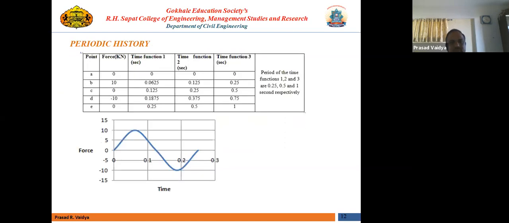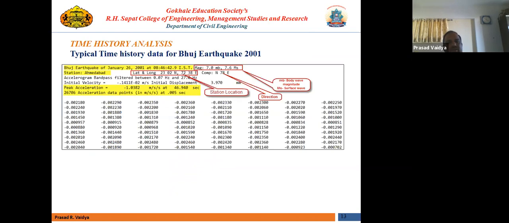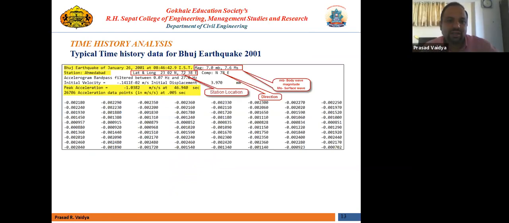Okay. Then the next very important thing is time history data. So what you get is time history data will look like this. This is a Butch earthquake data, and we need to understand each and every quantity in this particular data first before applying it to the structural model. Okay, so first you will get the name of that particular earthquake. Now here it is Butch earthquake,